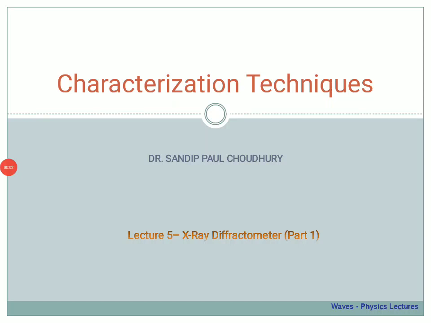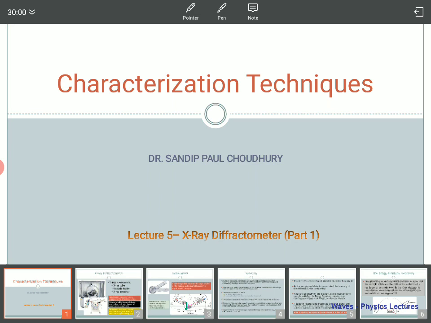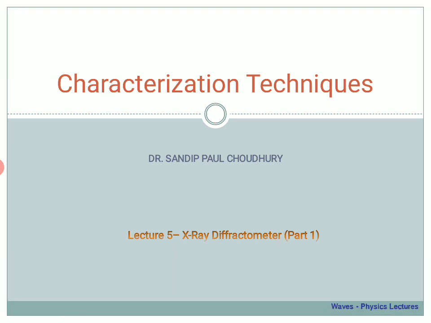So in this particular lecture we are going to talk about the instrument of the X-ray machine, that's the X-ray diffractometer. So those who have not watched the previous lecture, I'd advise you to at least watch the last two lectures where I have talked about XRD basics. And if you're interested only in XRD, then probably you can start with lecture 3, 4, and this is the 5th lecture where we're going to talk about the X-ray diffractometer, the machine which is basically used to record XRD